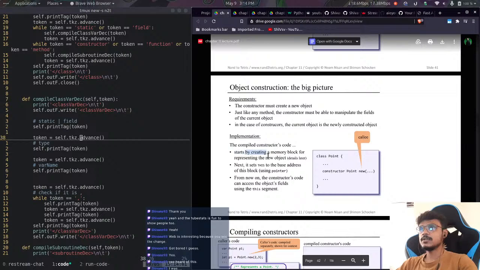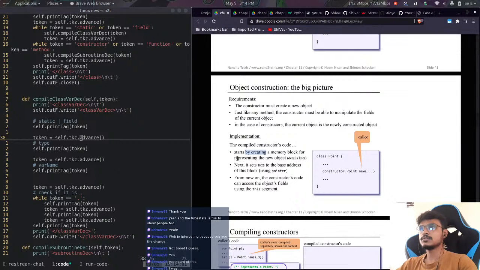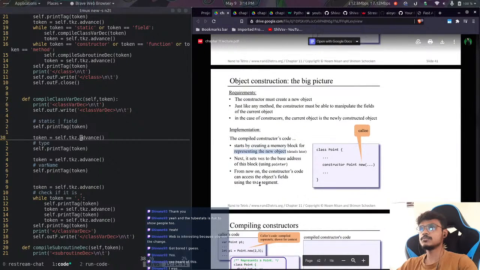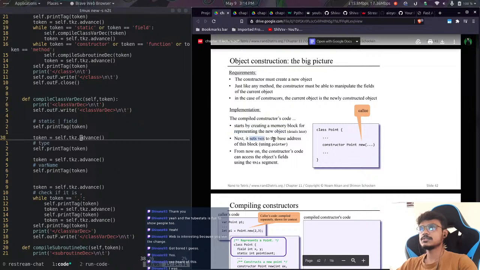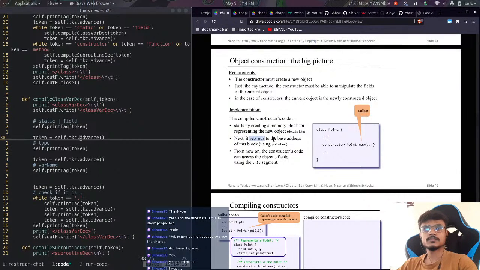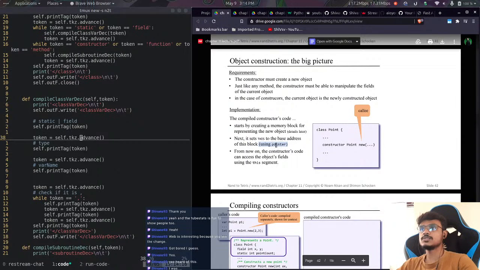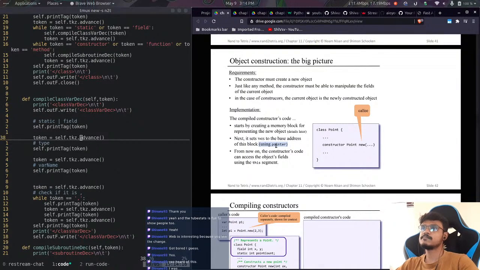Starts by creating a new memory block for the new object. Sets this to the base address of this block using the pointer. Okay,